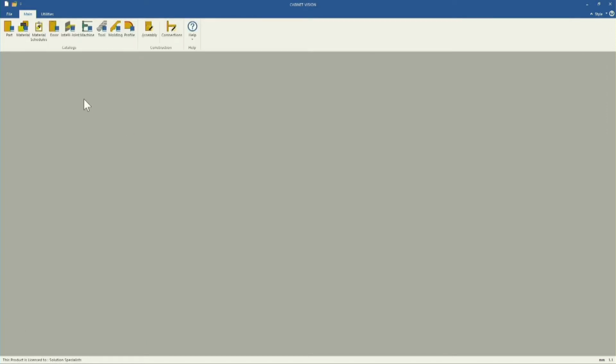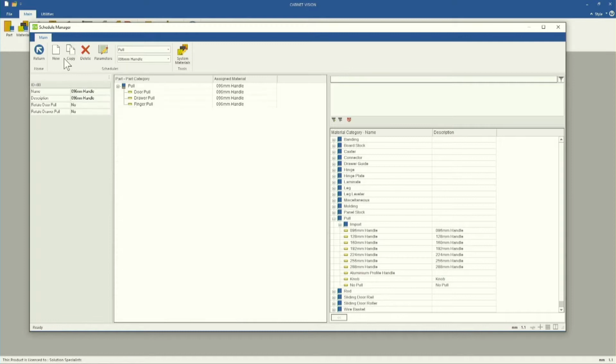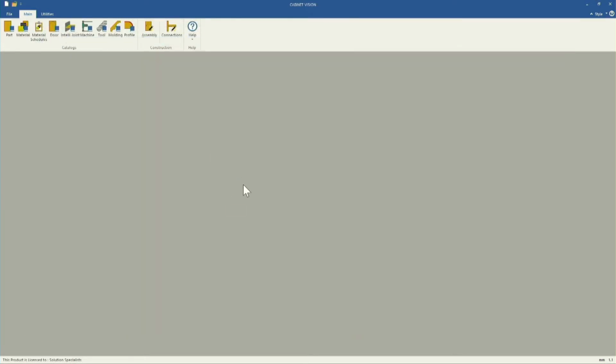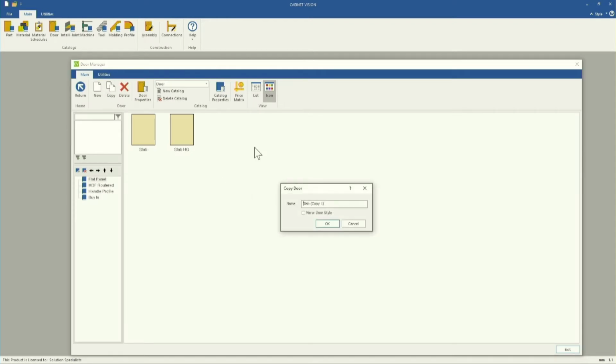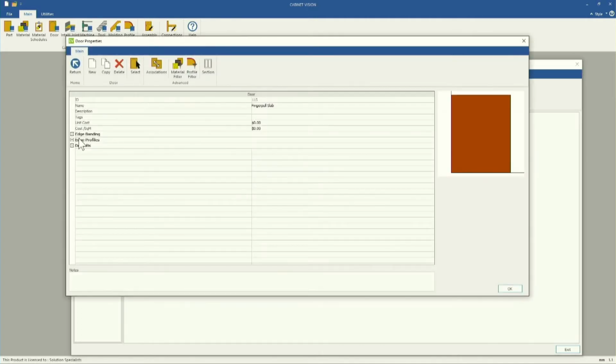Then, to use the pull in a job, it must be assigned via a material schedule. So we need to create a new pull schedule as well. And finally, a door style needs to be set up with edging that has been modified to suit the use of a finger pull. So you need to remove the top edge of the door and instead assign a finger